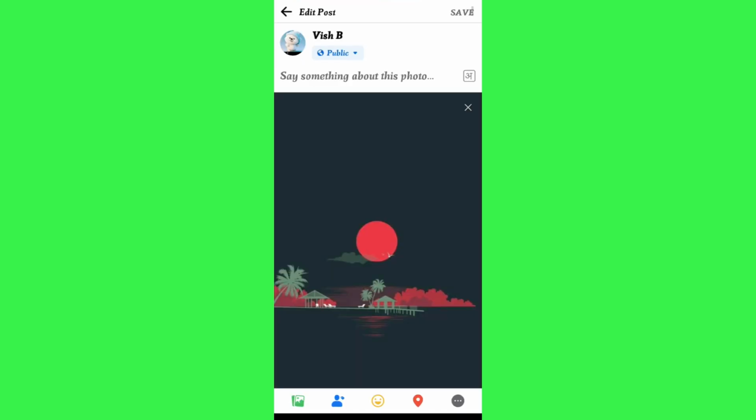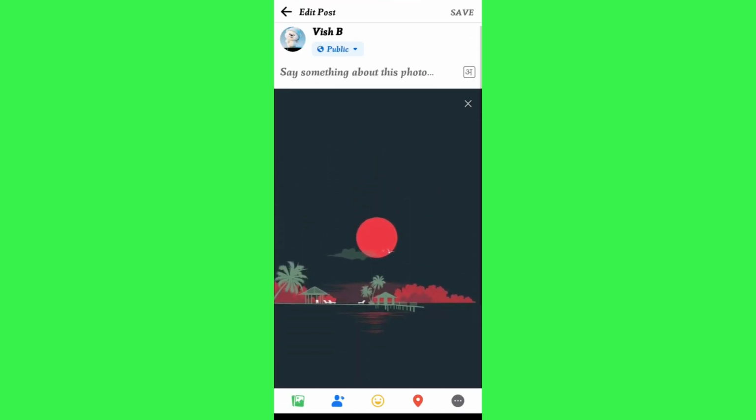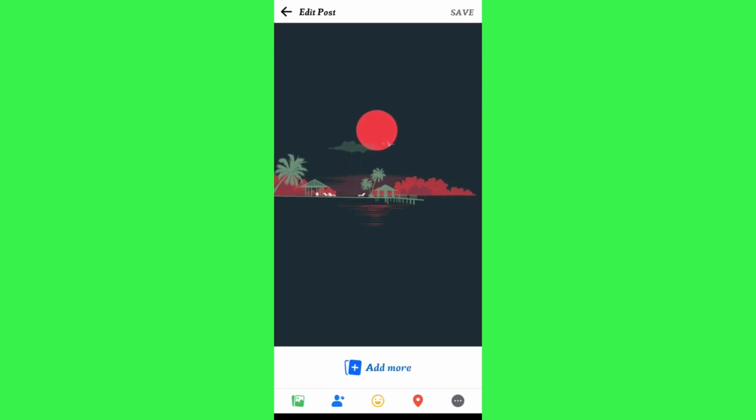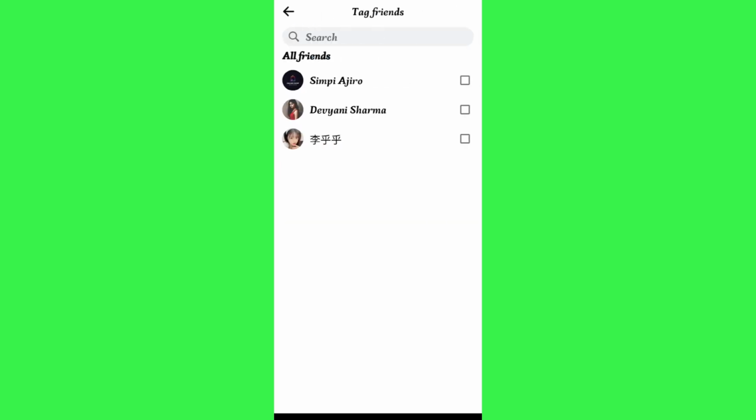Once you have done that, you will be redirected to this type of page where at the bottom you are going to see a bunch of different options. Now among these options, you need to tap on this blue human icon, or instead of this blue human icon you are going to see the tag option. So you need to tap on this option, and then you are going to see the list of all of